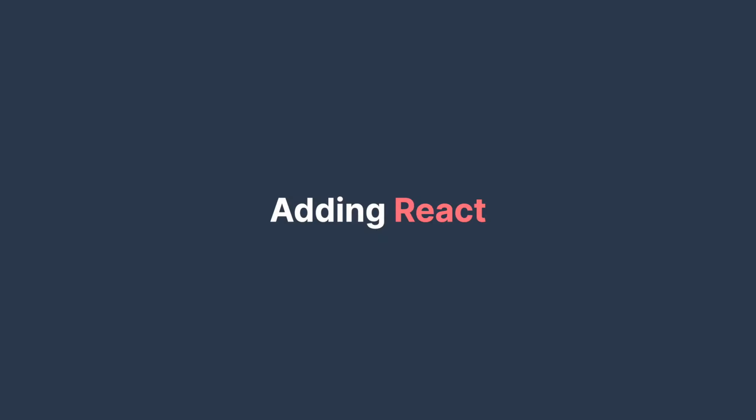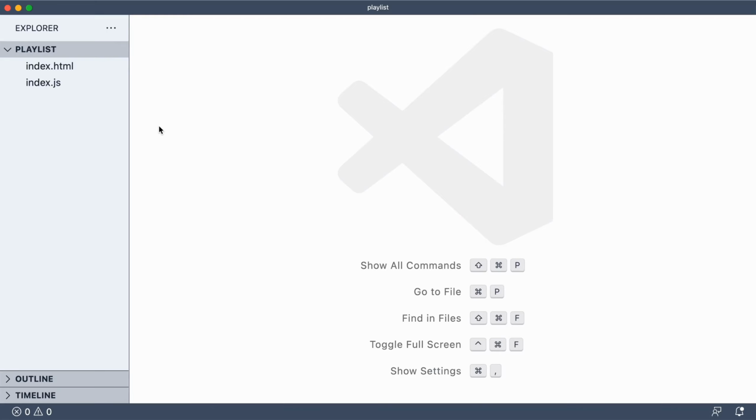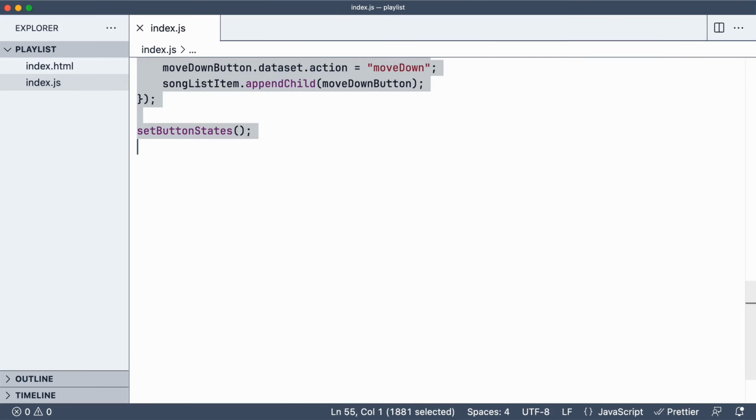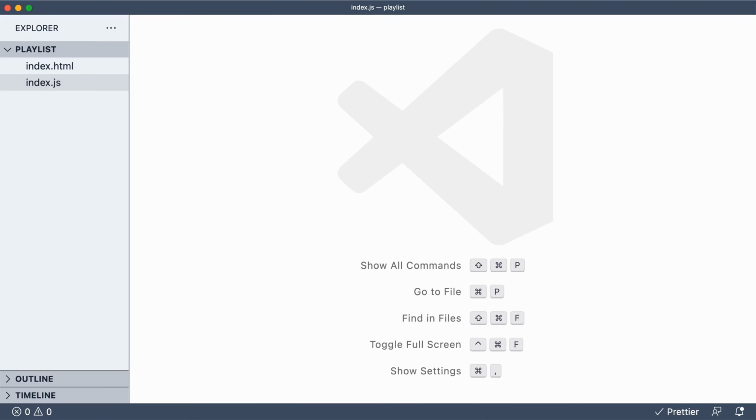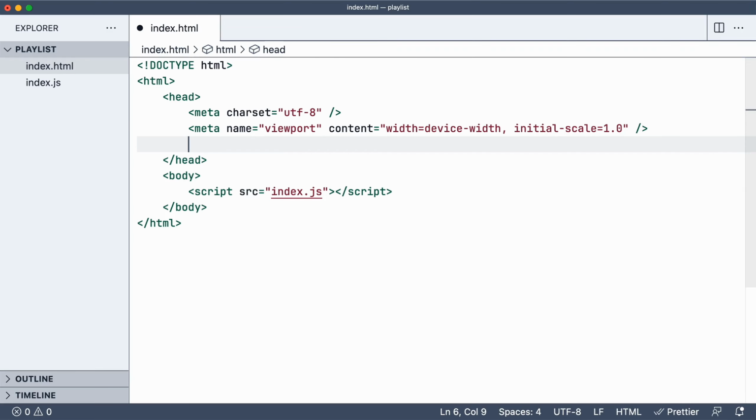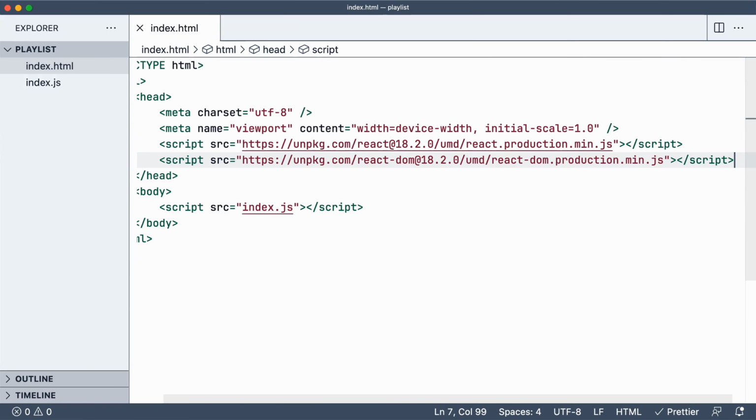We'll now start building the playlist project, and this time we introduce React. I'll detour the JavaScript code we wrote last time, and keep index.html as it is. To use React, we'll have to import two libraries, React and ReactDOM, which we'll take from Unpkg, a popular CDN